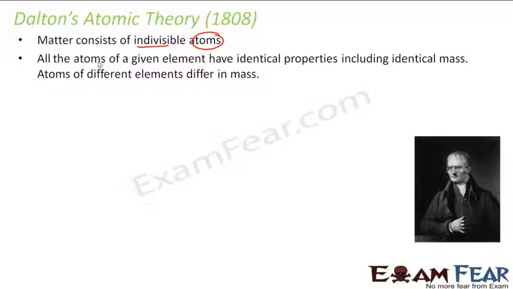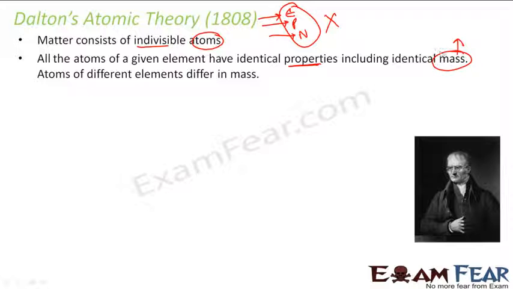And then he told that all the atoms have a given property in the sense they have the same mass, because this guy is talking about the mass only. Please note, till now in 1808, electron, proton and neutrons were not discovered. The only thing they knew, or this guy proposed, was that there is something called atom